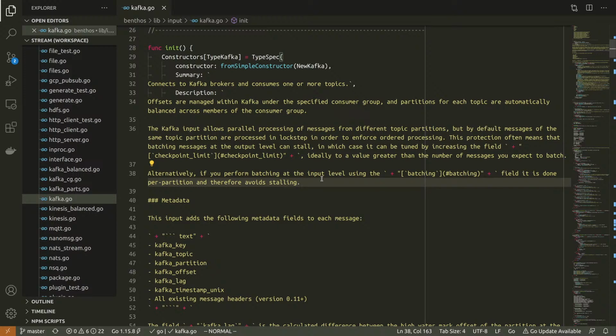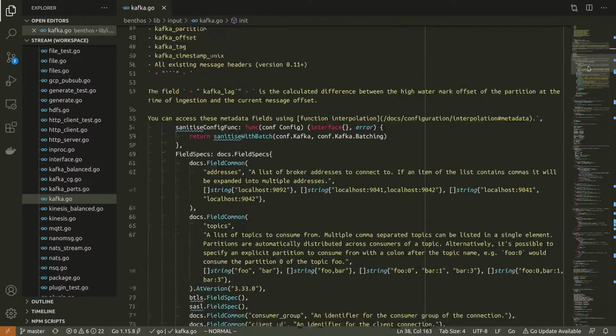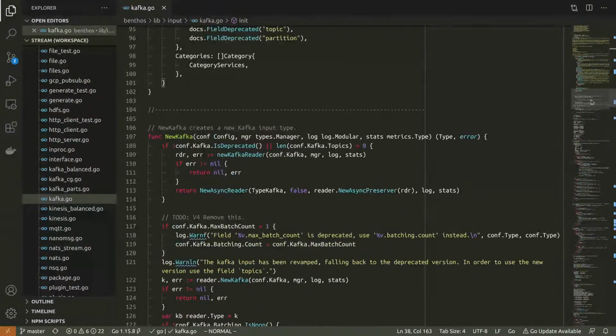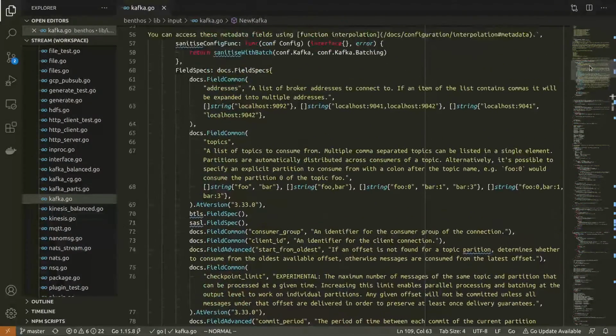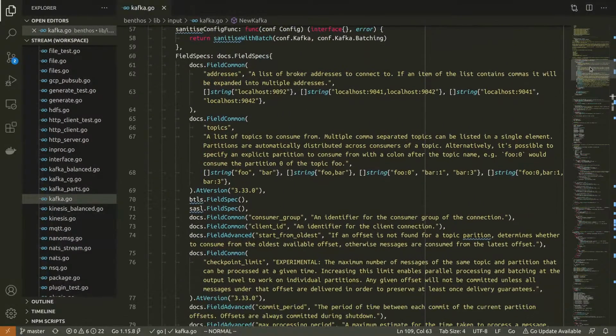I think I might do that at some point, but the reason why that's going to get a bit complicated is because within a config, you can specify any number of topics and partitions. So trying to make it a configurable thing to be able to specify a specific offset, it's going to have to be local to the topic partition. So I think I can still do that.